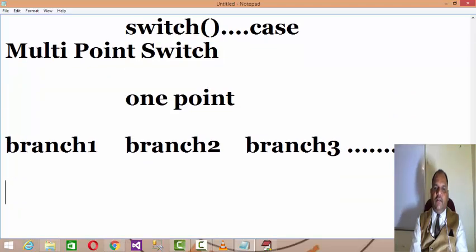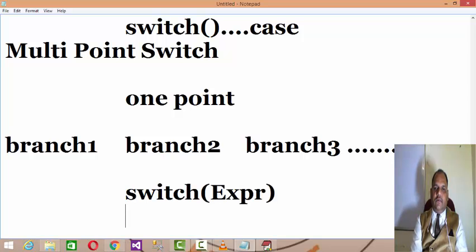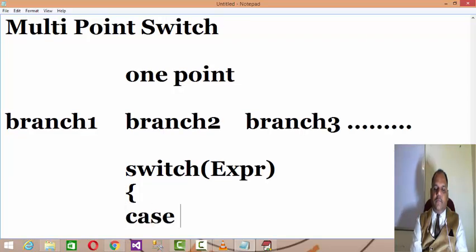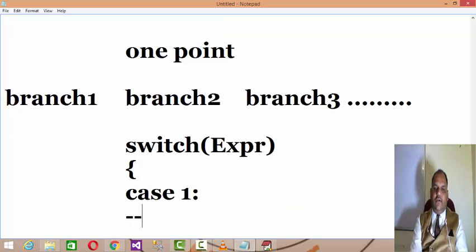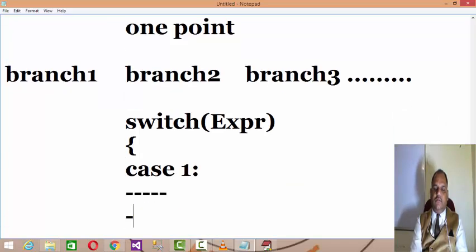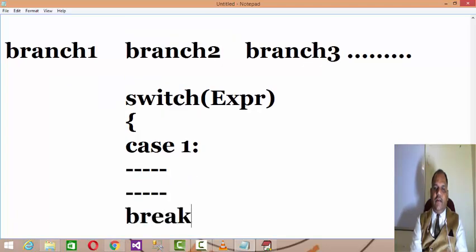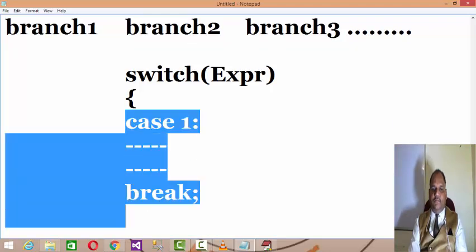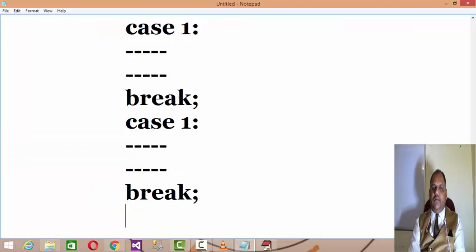Let us understand how to write the syntax of a switch case. Switch and the expression, right? And these can be, maybe, branch 1, you define the process, and bracket, this is branch 1. Now this may be the constant you are switching on, and if it matches 1, then you perform this. In this manner, you can define the various branches. I'll give an example to help you understand better. Case 2, again a branch. Case 3, again a branch.